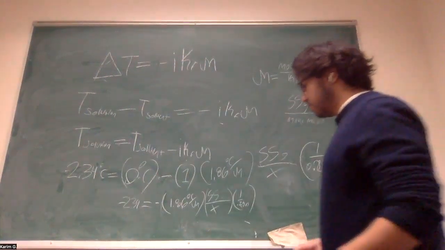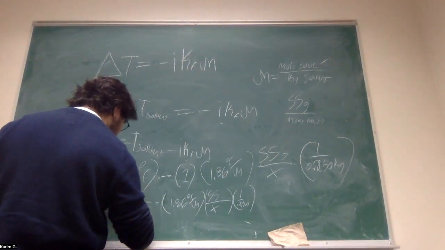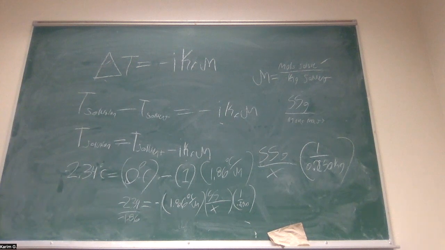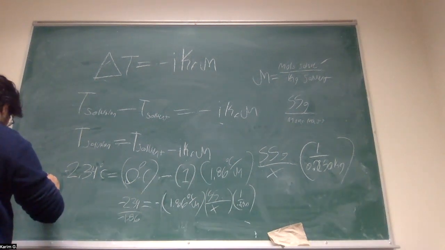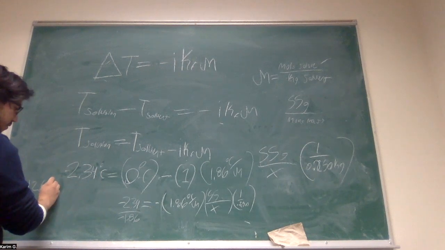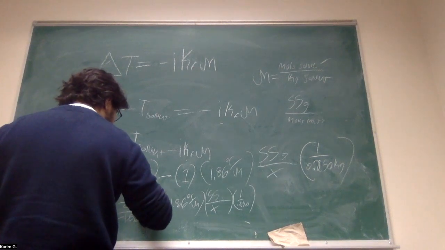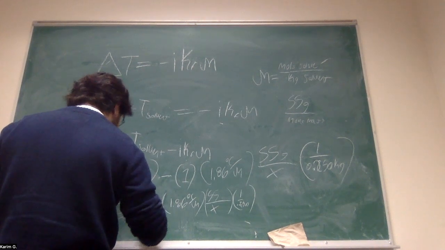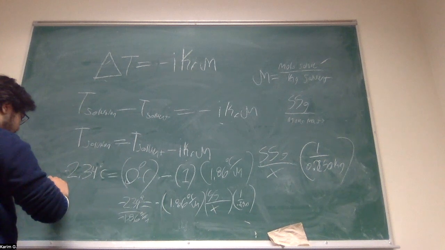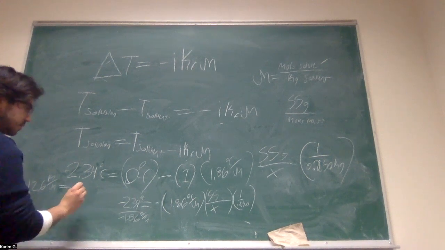So I guess what we can do is just divide, right? We can divide by negative 1.86. So then it'll be 2.34 negative divided by 1.86 negative, which is 1.26, right? This is degrees Celsius over molal. That would be kilograms over molal, right? Equal to,